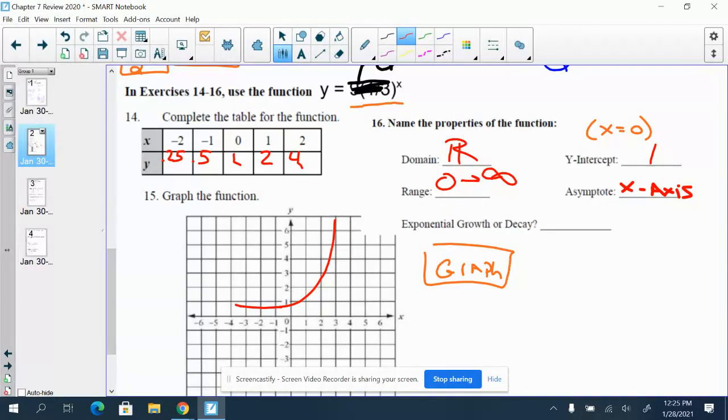Okay. Oh, you see that one? Yeah. Since it's going up,